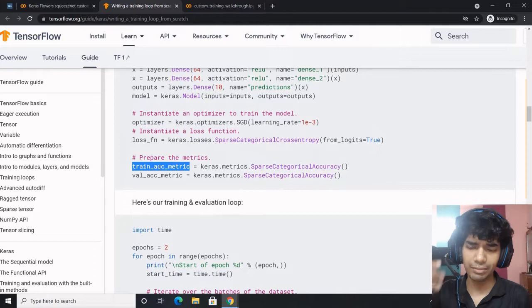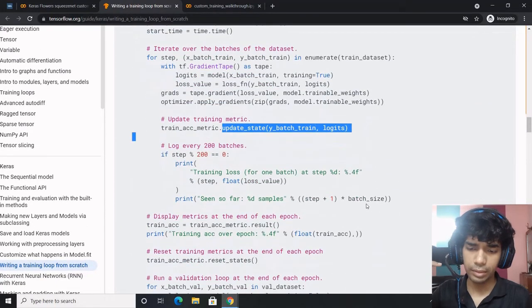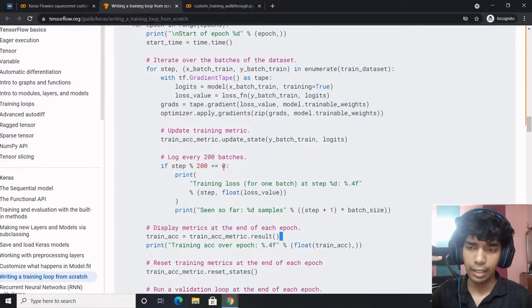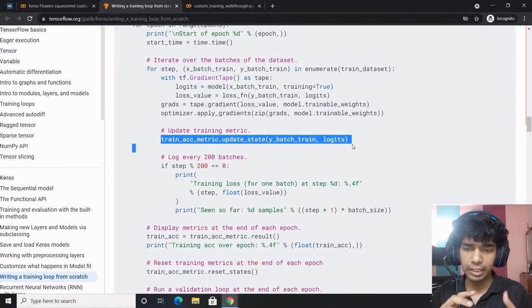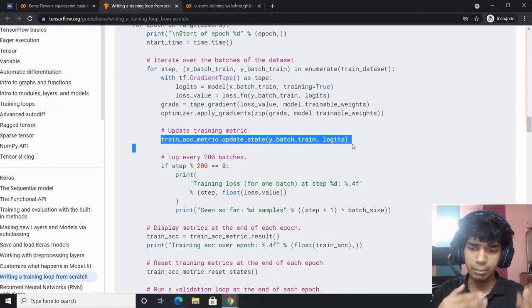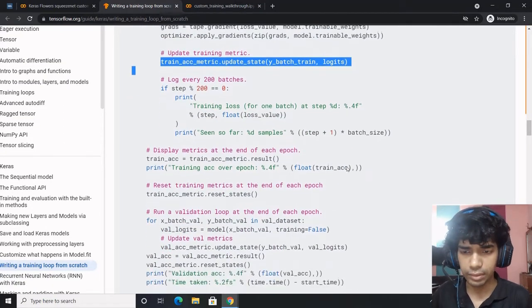It's a dictionary, it keeps the value. So update the metric value at each epoch, while within each batch keep updating the values of the training metric. After the end of the epoch, get the value, print out the value, reset the values. That's what it's going to be.